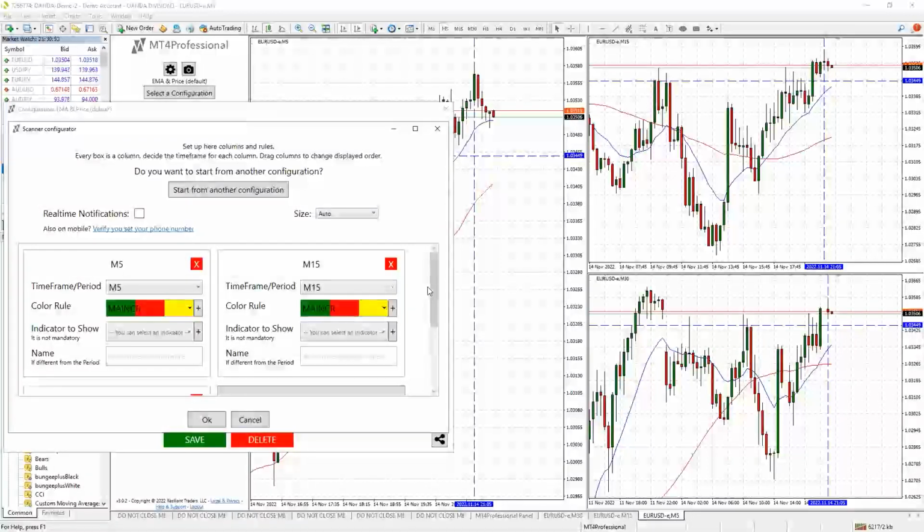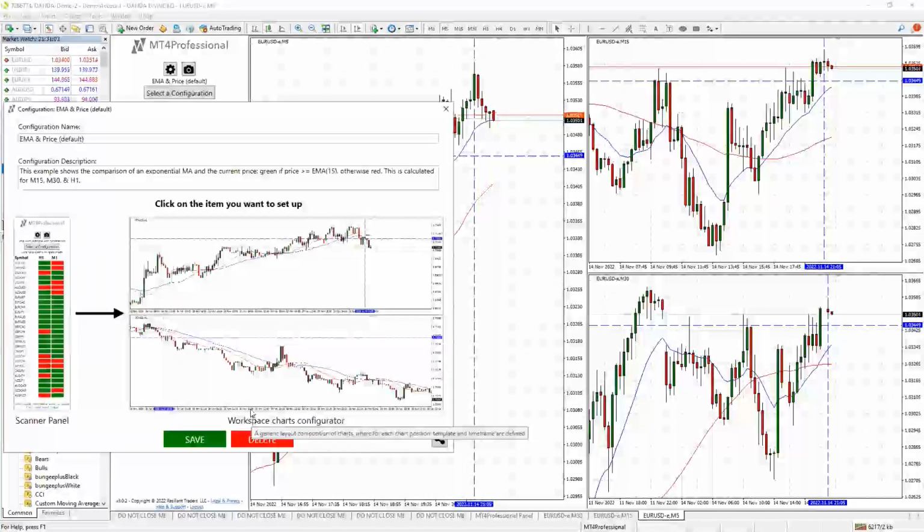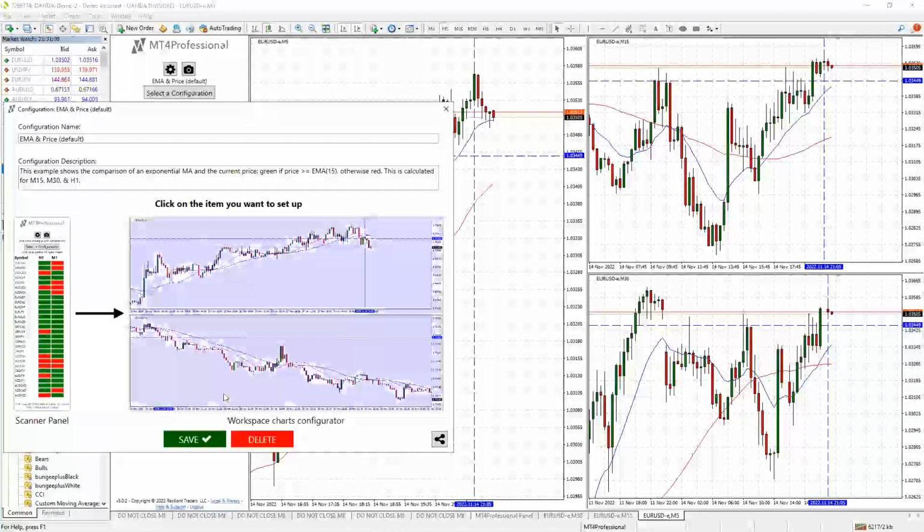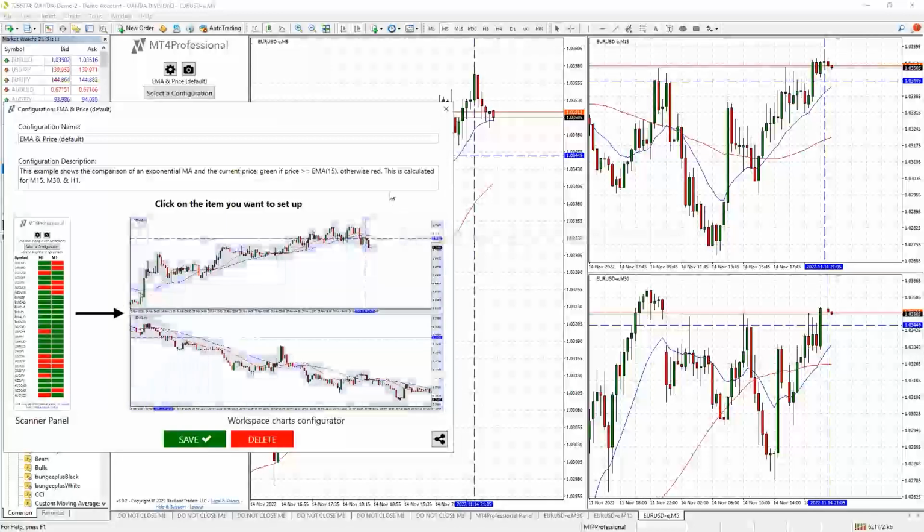But once you click OK, it will automatically save and update the information to your computer. In order to update it to the cloud, you'll need to click the save button. Clicking the save button will give you a check mark and will automatically save your configuration to the cloud.